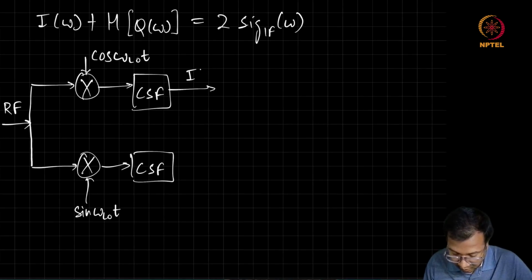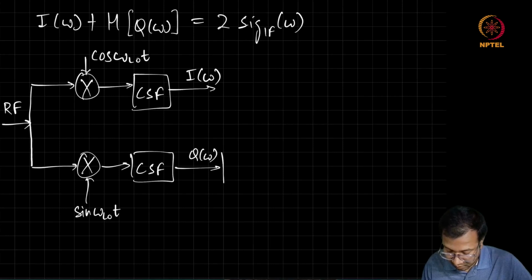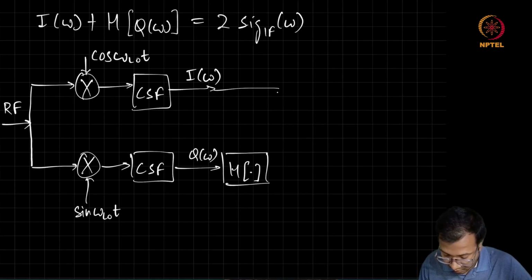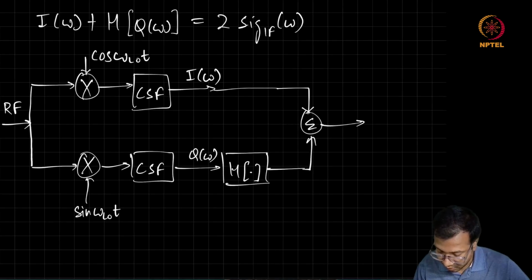This is your I of t or I of omega, and Q of omega. Now this Q of omega is again passed through a Hilbert transform. The final output of the two paths are then added together to get our desired